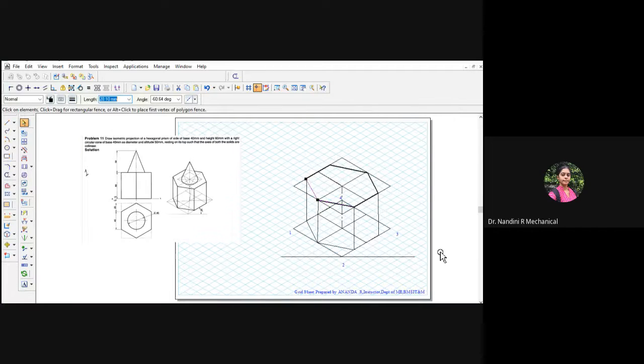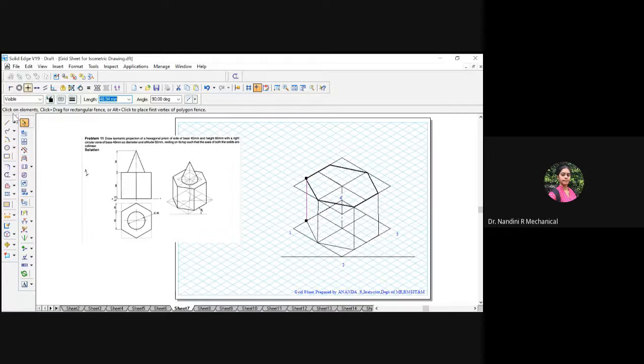Increase the thickness to 1 mm exactly. Okay, so bottom also which is visible, you please increase the thickness of it.